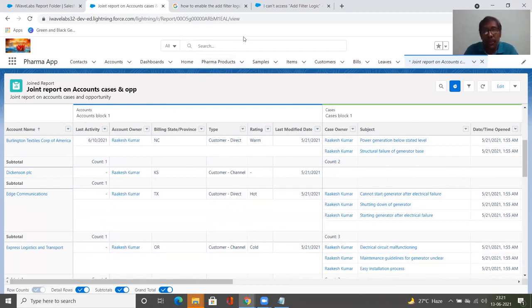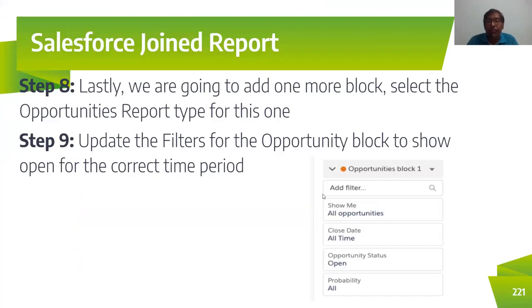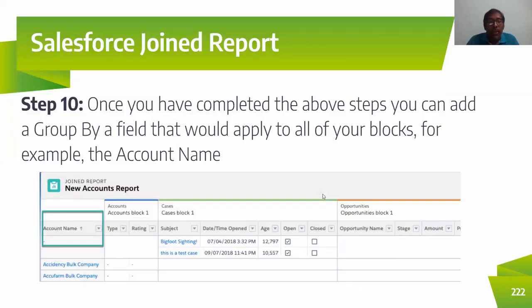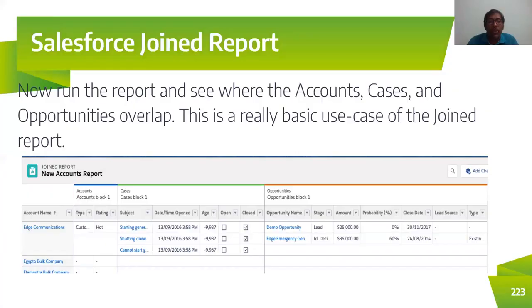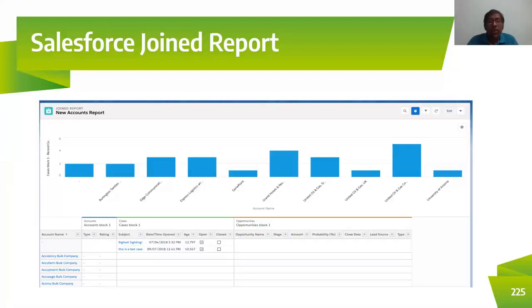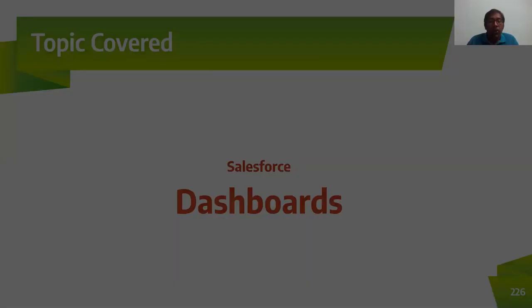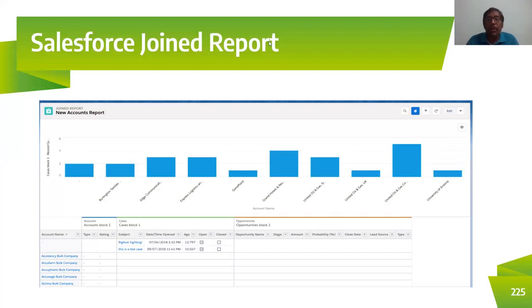Guys, in this session I have discussed the 4 types of report. One is called tabular report, the other is summary report, the other is matrix report, and the other is joint report. I hope you have understood the types of report in this section.